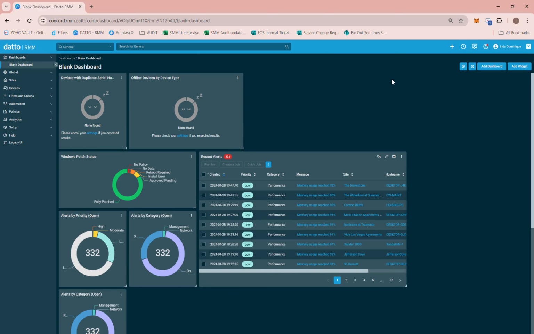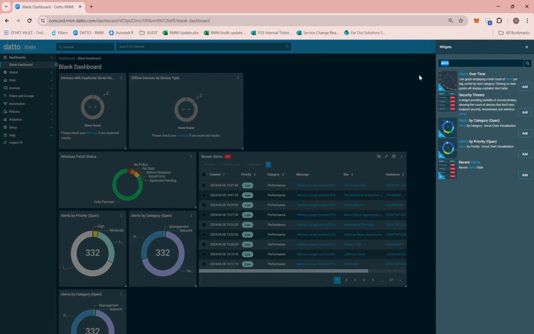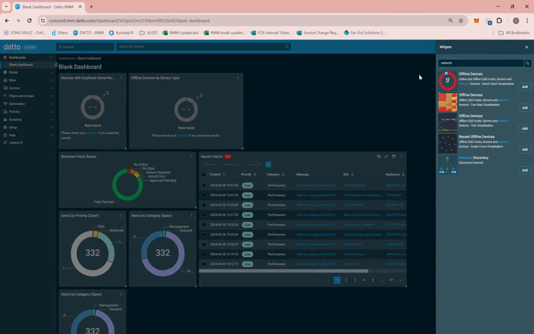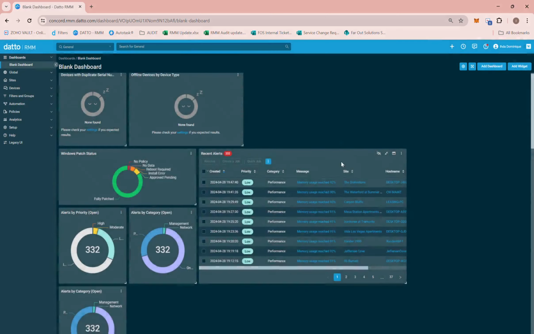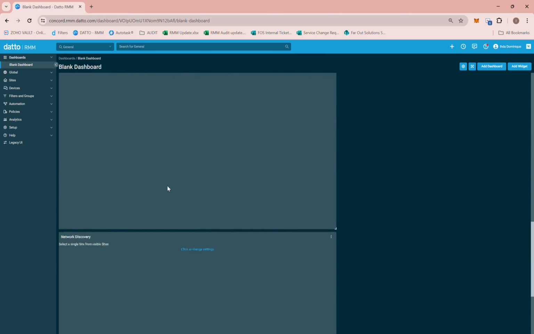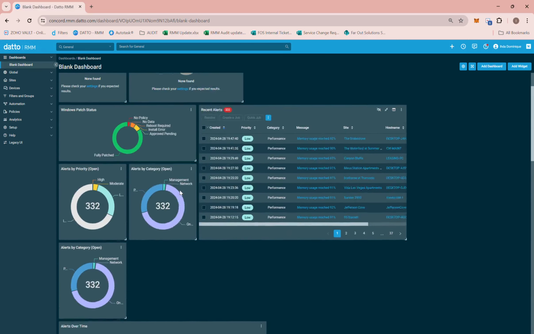Monitor network traffic patterns to identify unusual spikes or drops, which can indicate potential security threats or network issues. Again, just click add widget, then type in network. You can see here the network discovery. Just click add.